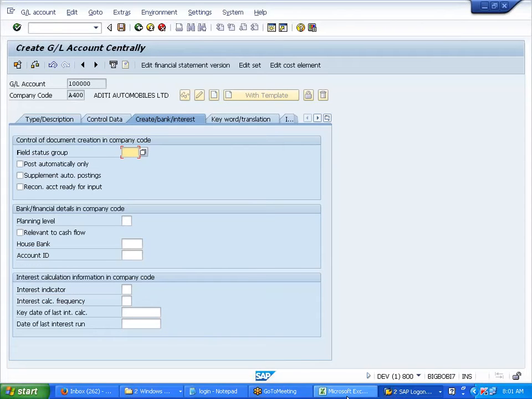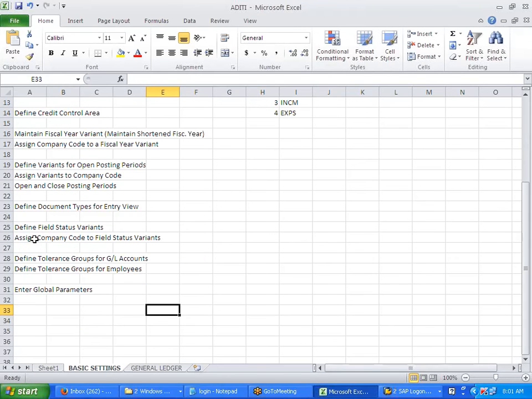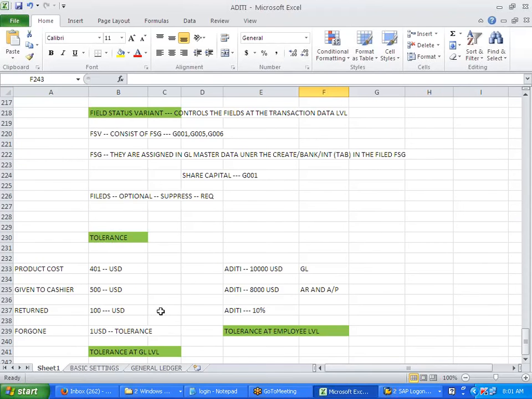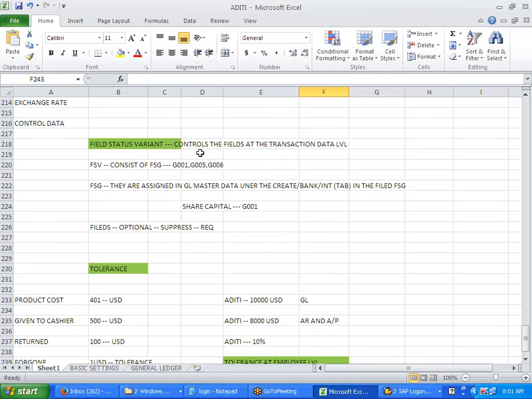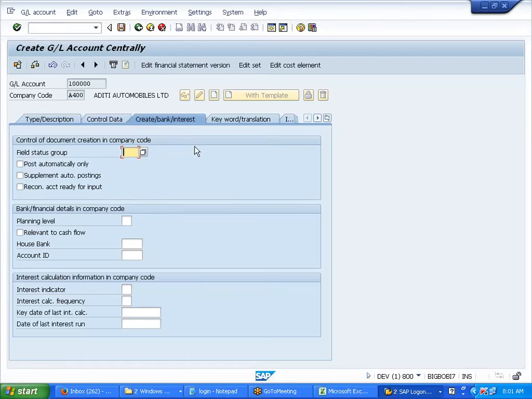Now I'll come back to this create bank interest tab. Where did we see this field status group, if you can recollect? We defined a field status group which controls the fields. Here in the basic settings, I'll go back to the chart. What did I say? The field status variant controls the fields of the transaction data. The field status groups are assigned in GL master data under the create bank interest tab.